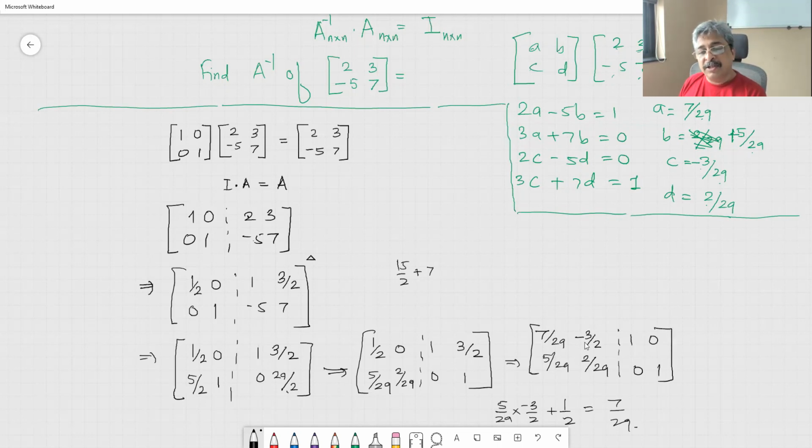This is what is the equivalent system. We started with IA and we got I inverse. This was I, which becomes A inverse. Multiplied by A will continue to remain the same. We should become I. We started with I into A is equal to A. By corresponding row transformations, we converted the same system into A inverse multiplied by A is equal to I.